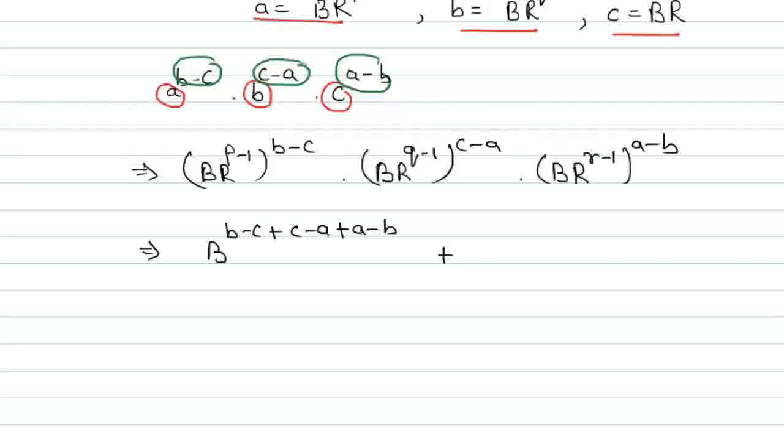Now we know that b minus c is equal to D into Q minus R, and P minus 1 is there, so we can write D into P minus 1 into Q minus R